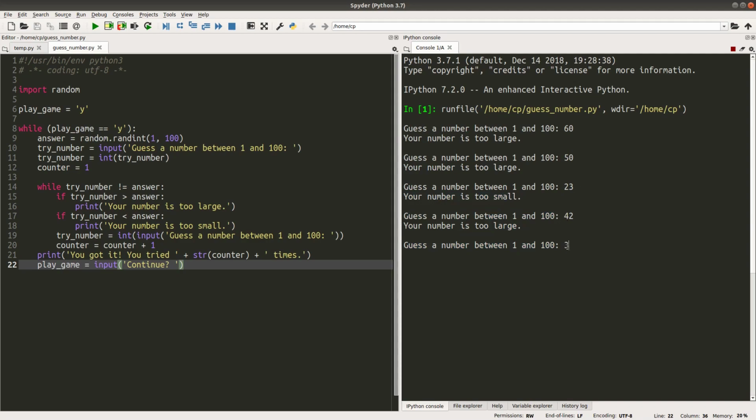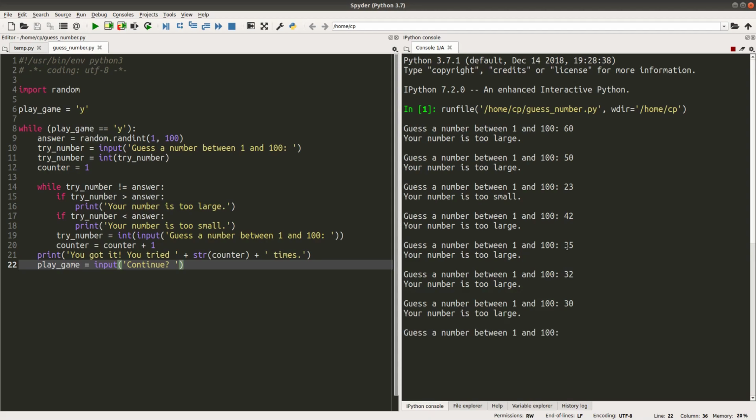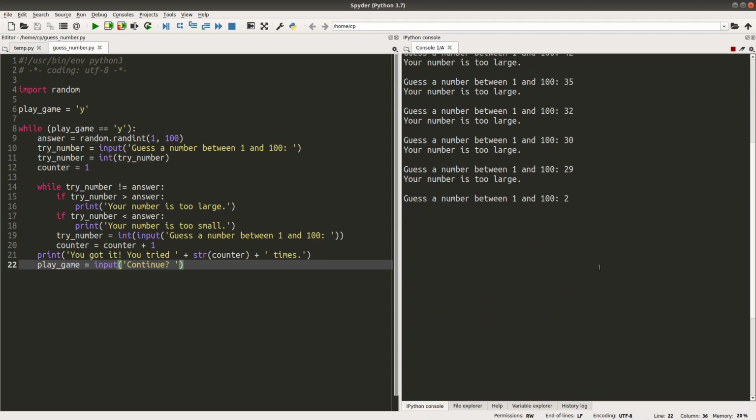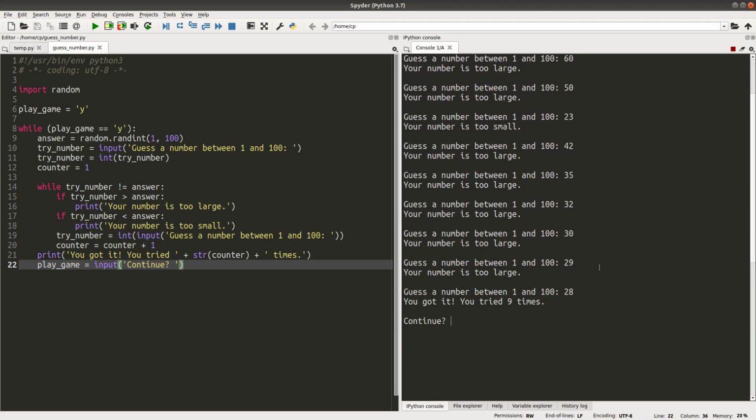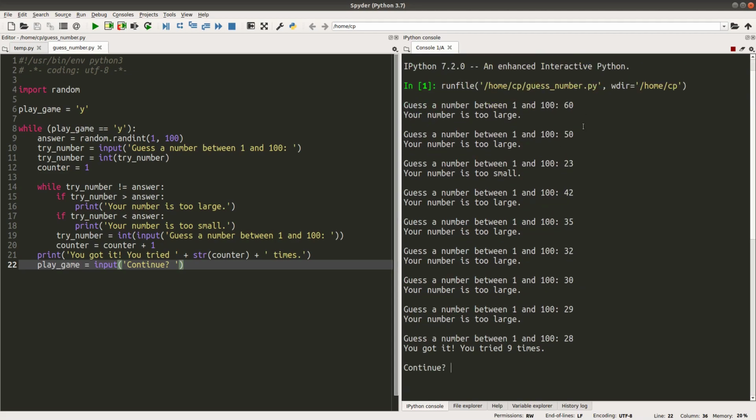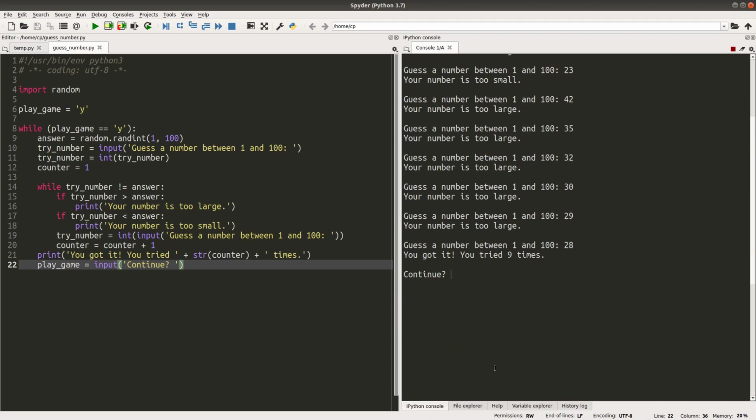How about 35? It is too large. 32. It is too large. 30. How about 29? 28. Yes, I got it. The guessing number is 28. I needed 9 times to get the answer correctly.